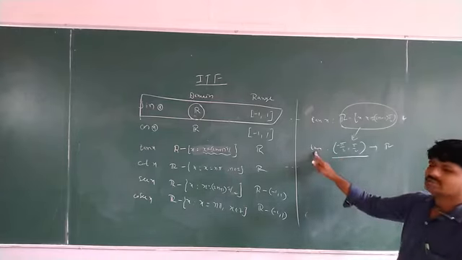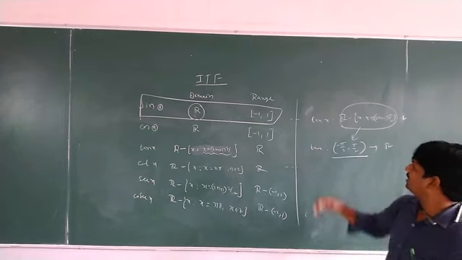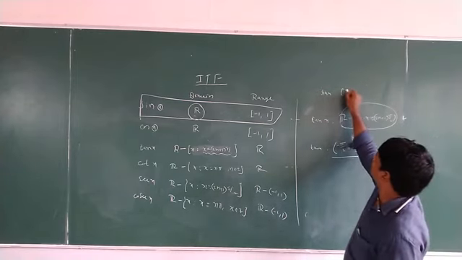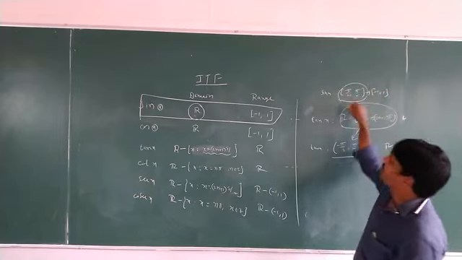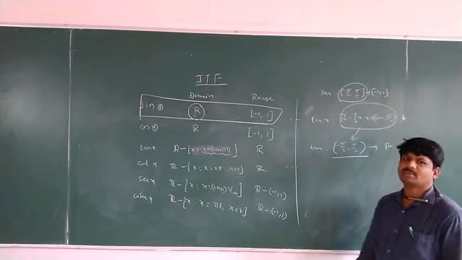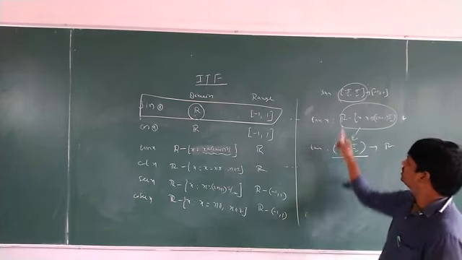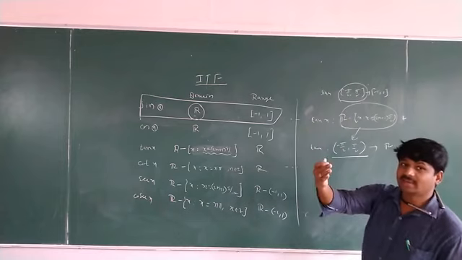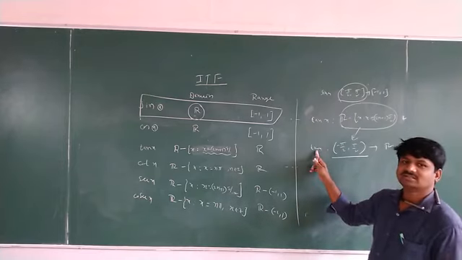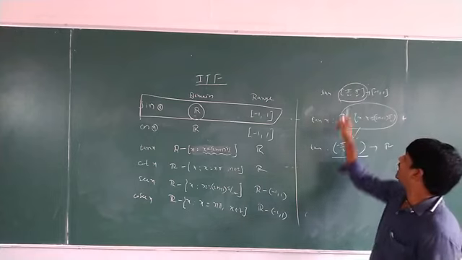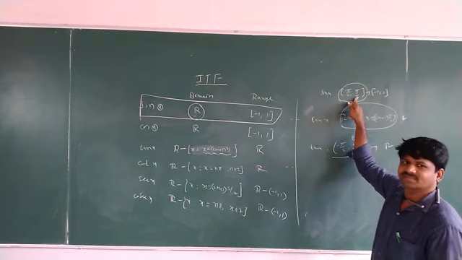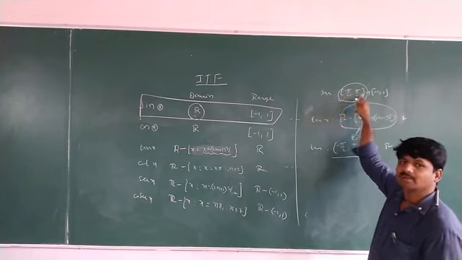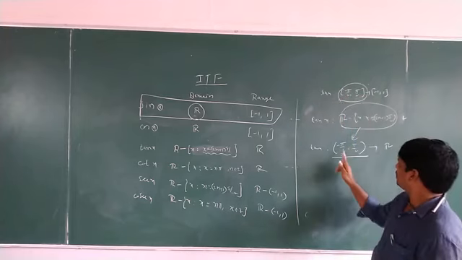See, tan means sin by cos, right? How did we restrict the domain of sin? Minus pi by 2 comma pi by 2 to closed minus 1 comma 1. What is the domain of sin x here? Closed interval minus pi by 2 comma pi by 2, after restricting. Tan means sin by cos, but for tan you cannot take minus pi by 2 and pi by 2. Tan 90 is not defined, while tan 0 is 0. That is why you cannot take the endpoints, so you cannot take the closed interval.